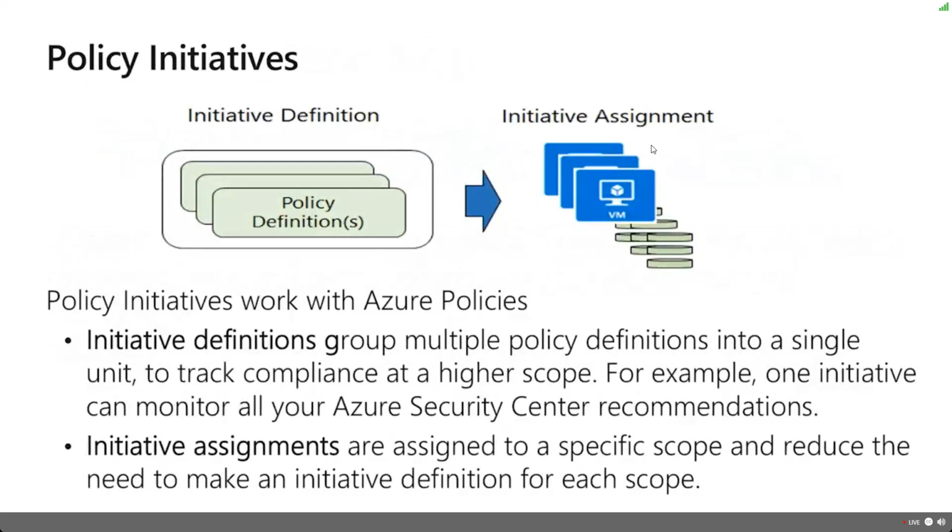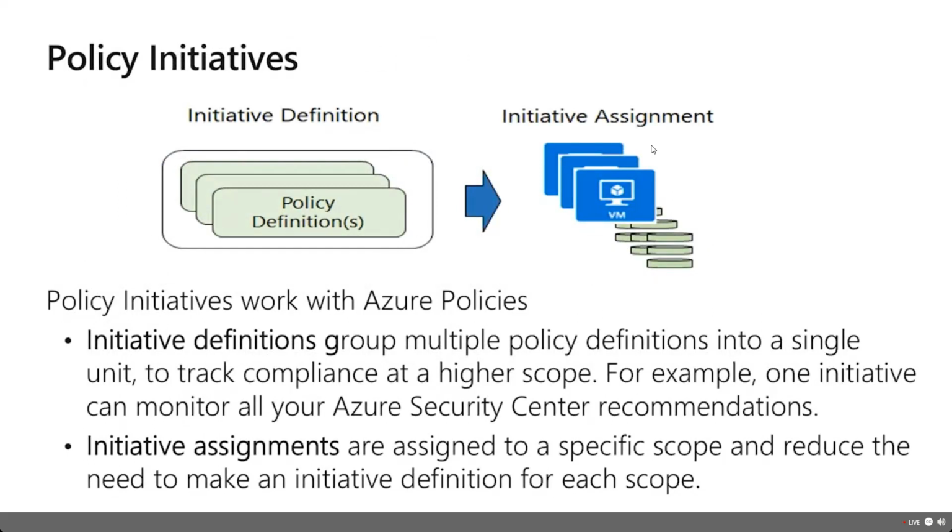But when you start thinking about just virtual machine creation, and we talked about this in Module 2, when we went through that wizard and all those settings, well, what if I was configuring all those 30, 40 settings that I can do? I wouldn't want to apply each one of those individually. What you'll do is create a thing called an initiative. And an initiative is just a collection of policies.